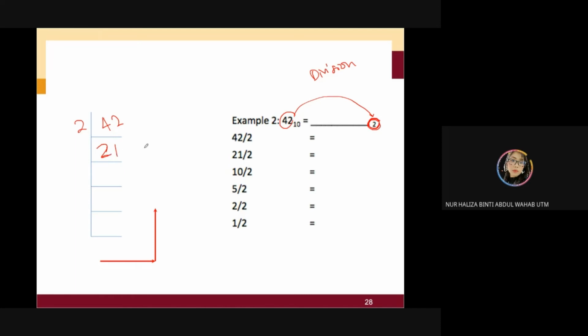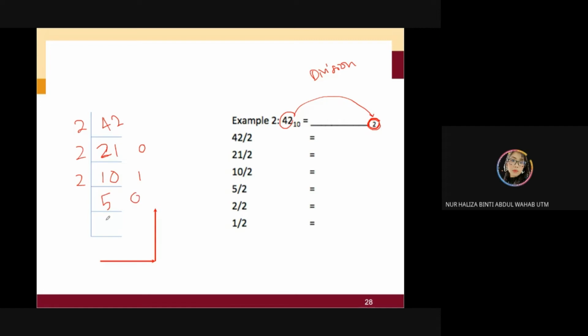Is there any remainder? No, it is 0. And then you're going to divide again with 2. You will get 10, and then the remainder will be 1. You divide again, you will get 5. Your remainder,